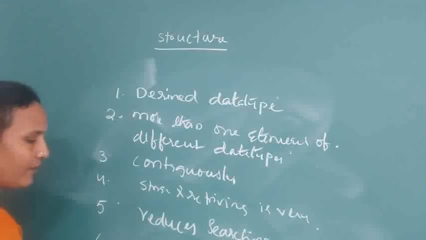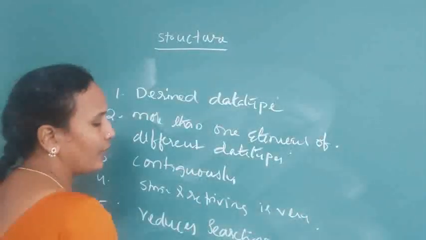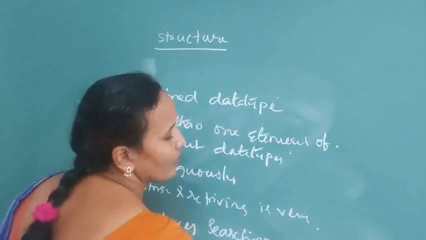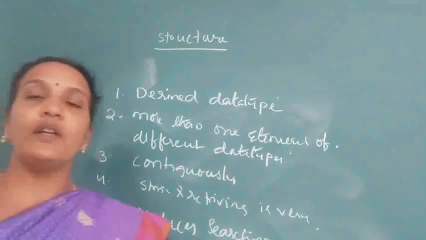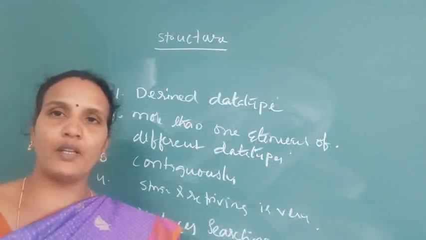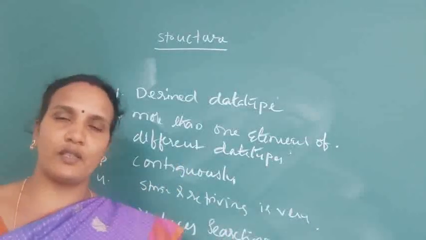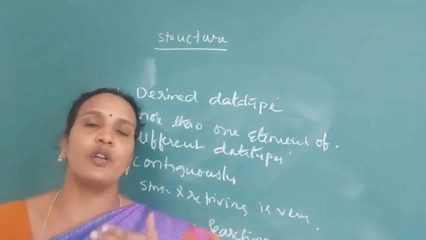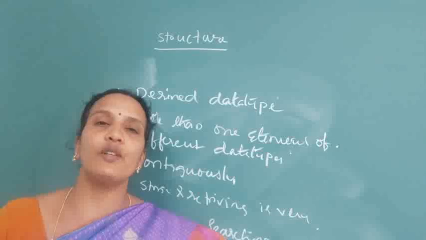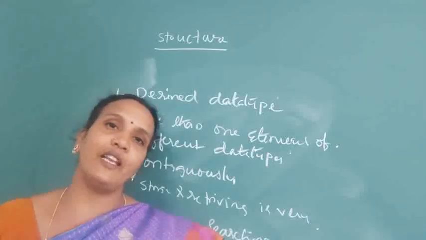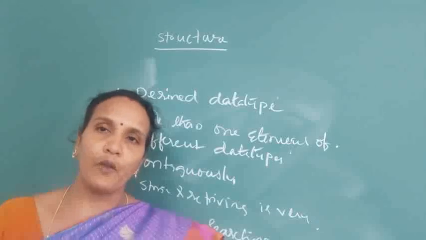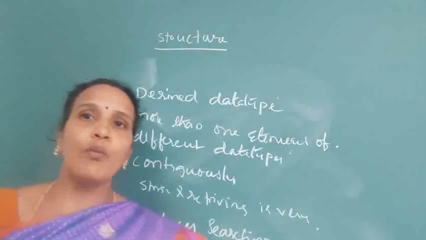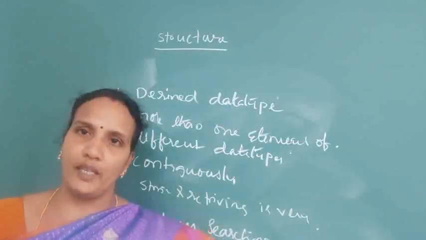and the structure is used to create a record of different data types. Understood? These are the key points of a structure. The main and important point of the structure is that it is like an array: here we are storing more than one element, but the difference is that we are storing more than one element of different data types. In an array we store elements of the same data type, but in a structure we store more than one element of different data types.